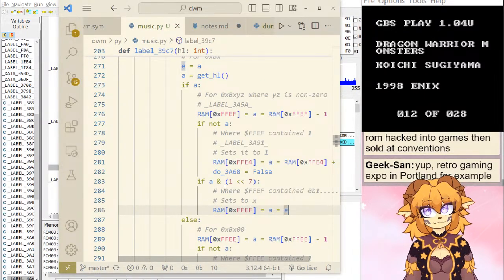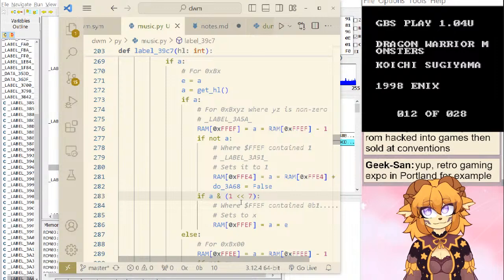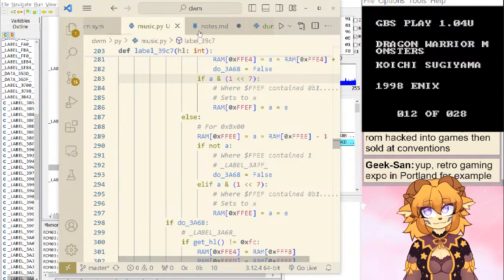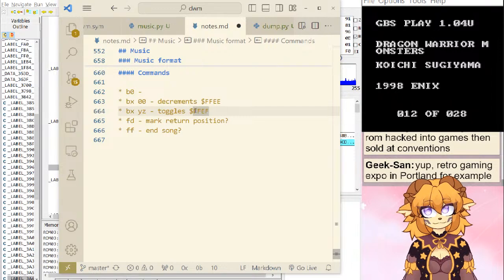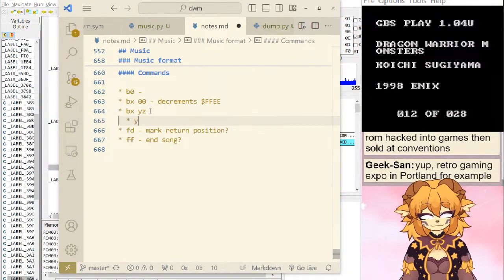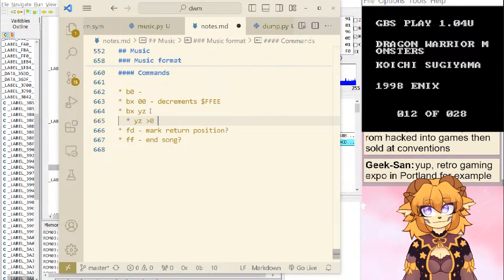Right? Oh wait, is it? It is. Okay. So let's start with a YZ. So YZ is greater than or equal to 80.